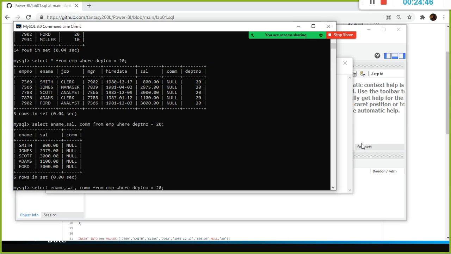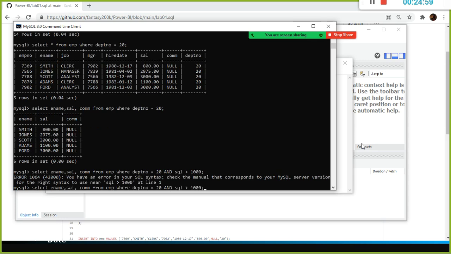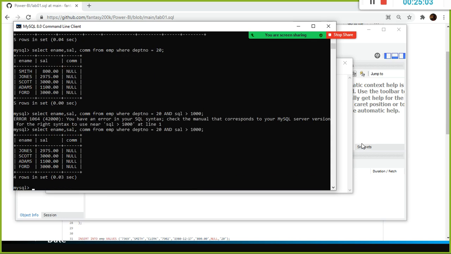Before we get into the IN operator, within this department number, I wanted to see, there is something called the AND operator, and the salary is greater than 1000. Sorry, SAL, not SQL.